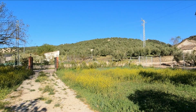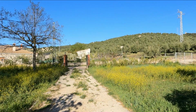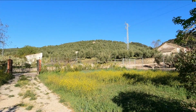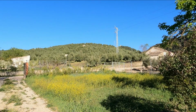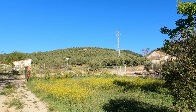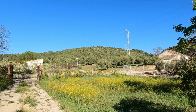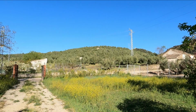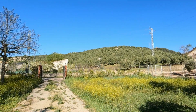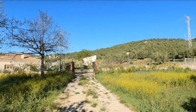Okay, so this is the drive to the property, gated as you can see, mains electricity coming in, and just beyond the electricity pylon just to the right you can just see the top of the original church of the old castle part of Montefrio, so you can see how close we are to the town. So this is the gate, fenced all the way around,